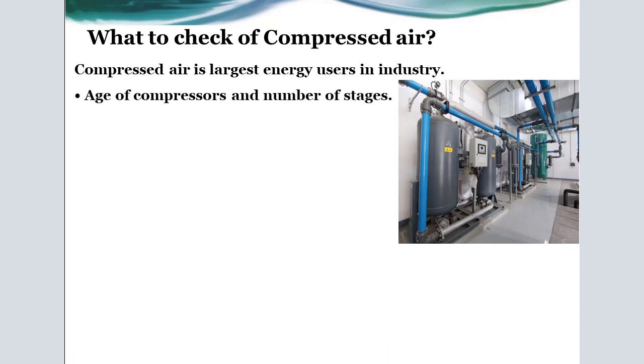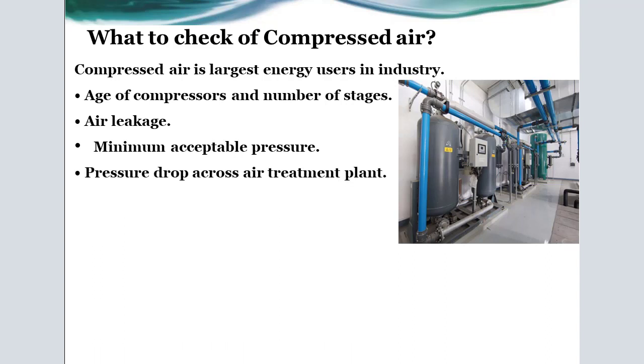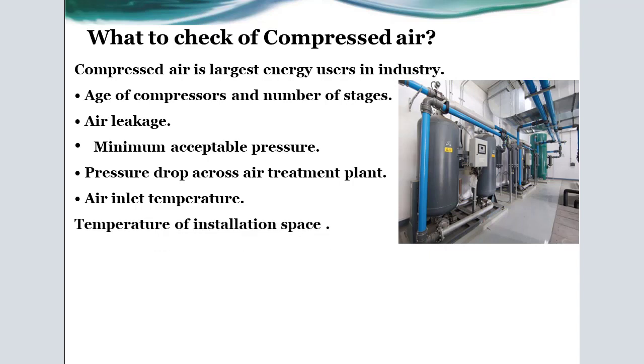So here we must check the age of compressors and the number of stages for each compressor, and also check if there is any leakage from the piping system or valves, and also try to minimize the acceptable pressure, and also check for a pressure drop across the air treatment plant, and check the value of the air inlet temperature entering the system, and also check the temperature of the installation space,